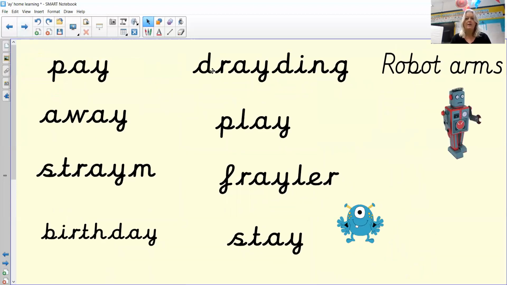Okay, so I know it says robot arms, and we will do a little bit of robot arming, but we're going to be doing our reading in our head. I've read that word in my head. So